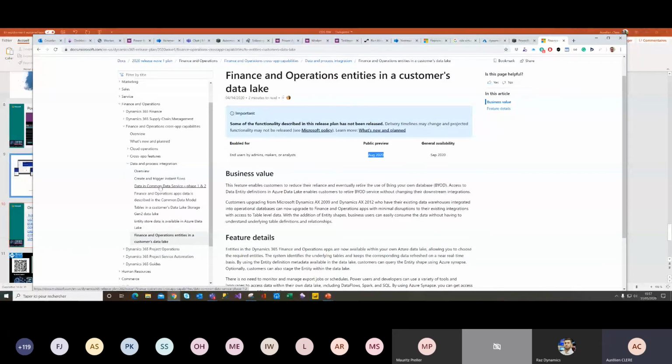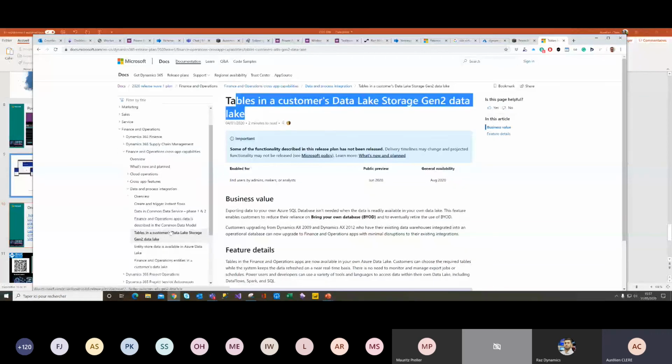So really Microsoft this year is going step by step. First CDS worldwide, after that CDS with virtual entities, after that all your data entities and tables in your data lake. So yeah, as you can see, it's step by step. But I think at the end of the year, you will have all the necessary tables.